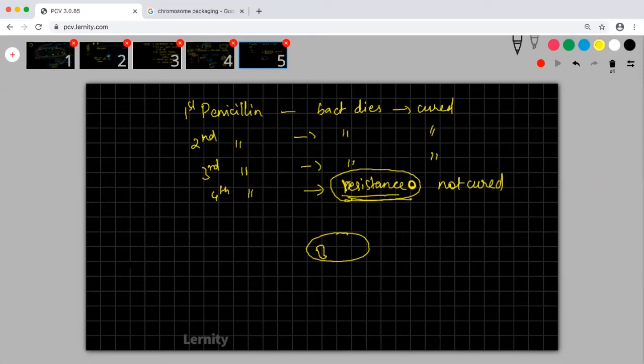Sir, if the survival ability is more in bacteria, then how can we kill that bacteria, if it is not useful for us, like a disease causing bacteria? You have to try some other antibiotic, no other option. So you have many types of antibiotics. If something is not being killed by penicillin, it can be killed by ampicillin. If it is not killed by ampicillin, it can be killed by tetracycline. So like that, you will have different kinds of bacteria causing different kinds of things.